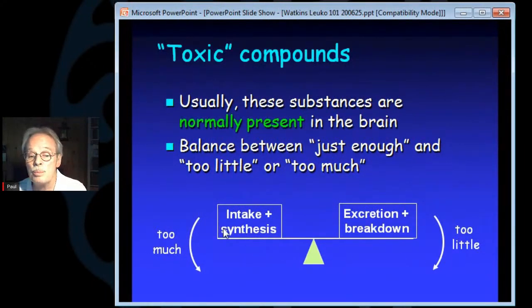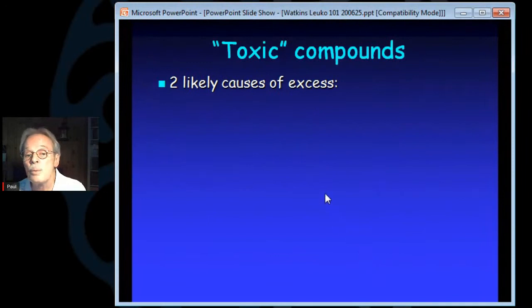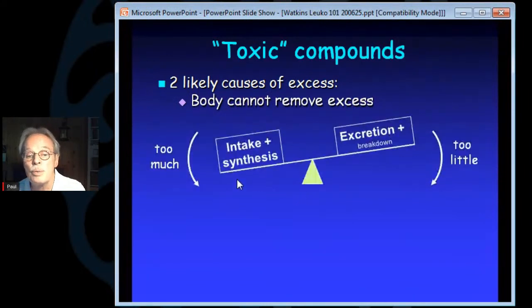So usually the brain makes and breaks down substances that could be toxic if there's too much of them. And sometimes we take these in from the diet also, and sometimes we excrete them in either the urine or the feces or sweat or elsewhere. So when you have something that's toxic, it's usually either you make too much,